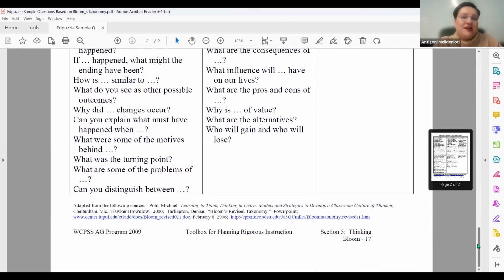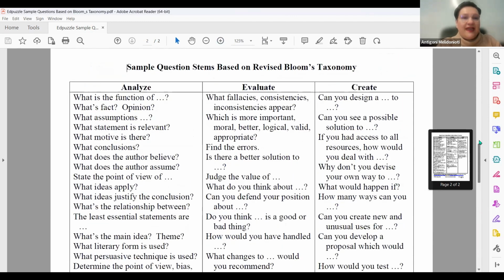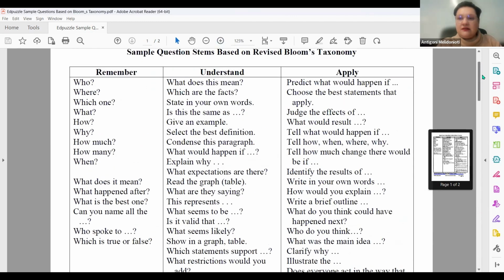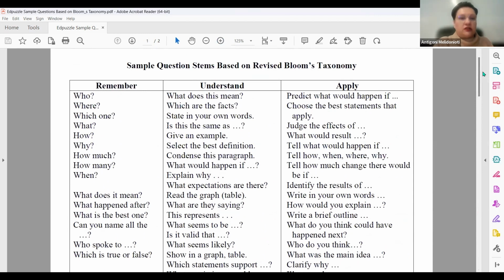I don't remember when I was doing EdPuzzle coaching. So again, who, where, which one, what, how many, basic questions are essential, you can start with them,